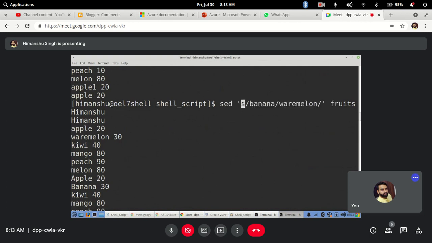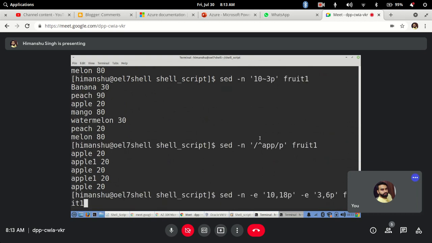Yes, wherever the banana is there, it will be substituted with the second pattern that you have mentioned after the forward slash, that you want to replace with. Now again the same thing as in vi. I told you there was a G option, right? Global. If you remember, there was a, so when I am doing like this, what it is doing, let's